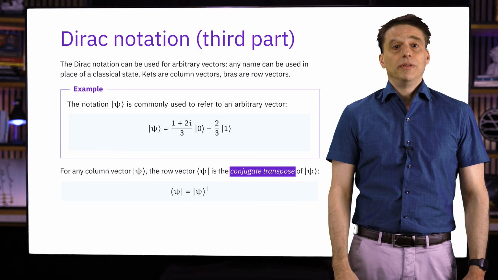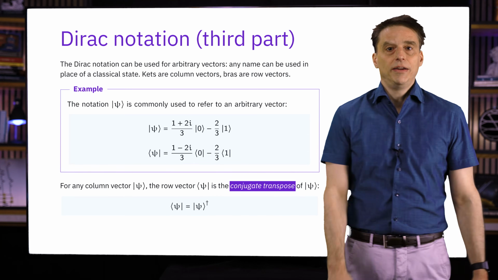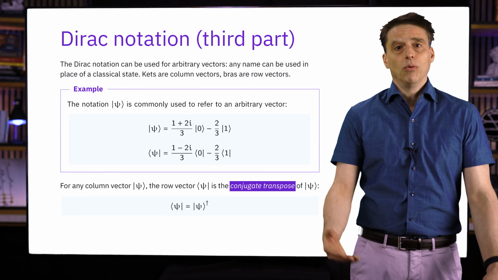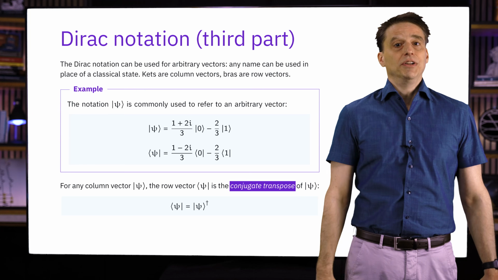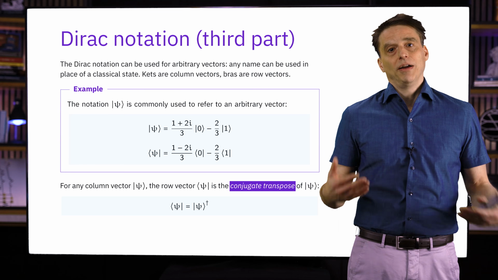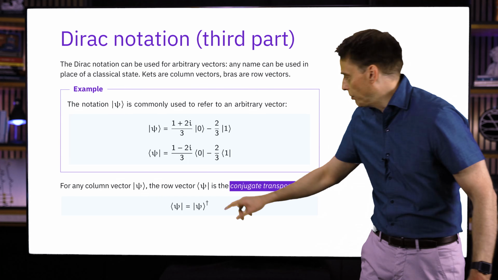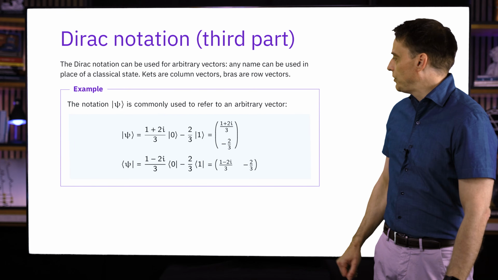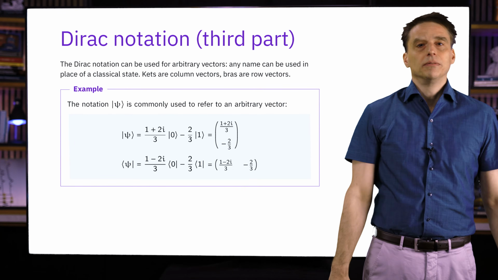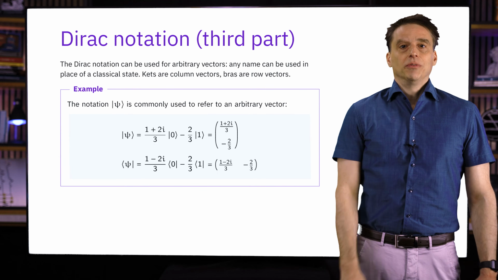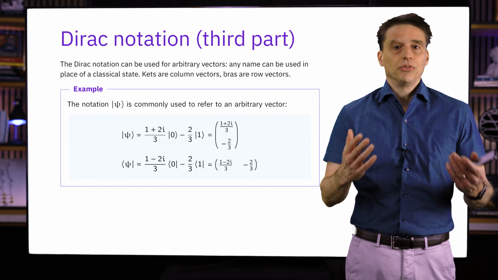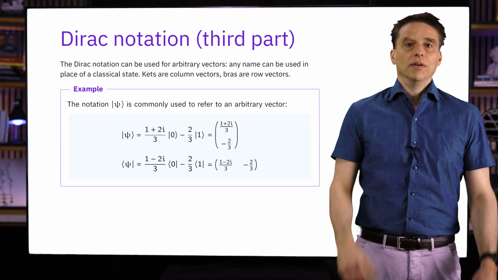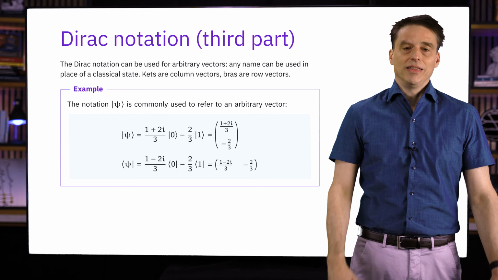So, for the vector in this example, given that we've decided to call this vector ket psi, it's understood that bra psi means this vector right here, where we've transposed the vector by turning ket 0 and ket 1 into bra 0 and bra 1, and we've taken the complex conjugate of each entry, which is why 1 plus 2 times i over 3 turns into 1 minus 2 times i over 3 right here. Here's what these vectors look like when they're written explicitly as a column vector and a row vector. Notice, by the way, that this rule is consistent with the notation we use when we have classical states inside of the bra and the ket. In that case, the entries are all 0 except for 1, and so taking the complex conjugate doesn't do anything in that case.